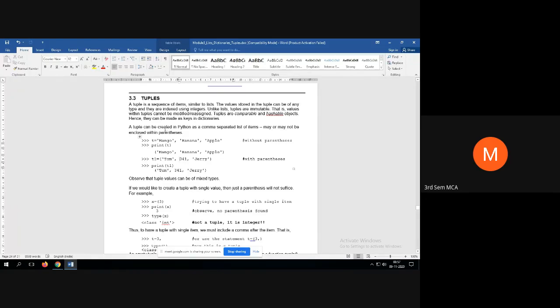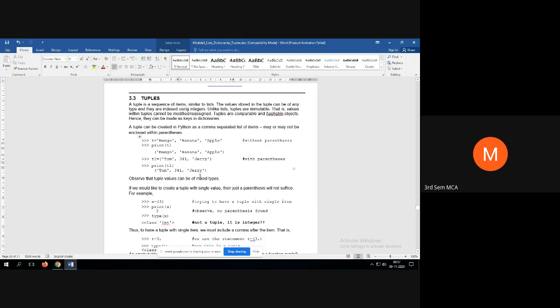Values within tuples cannot be modified or reassigned. For example, you cannot make this 341 into 340 or 342. Once you insert 341 at this index, that is fixed. The index of Tom is 0, 341 is 1, and Jerry is 2. That is fixed. You cannot modify it.